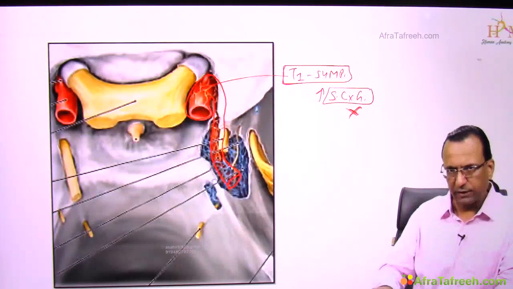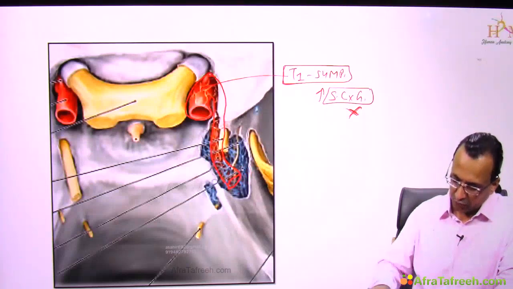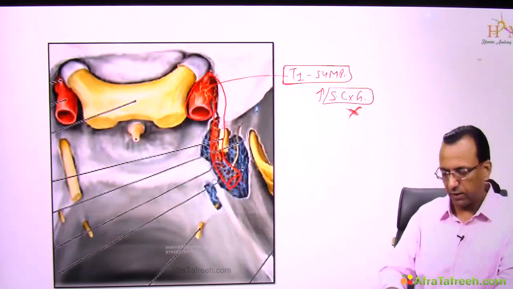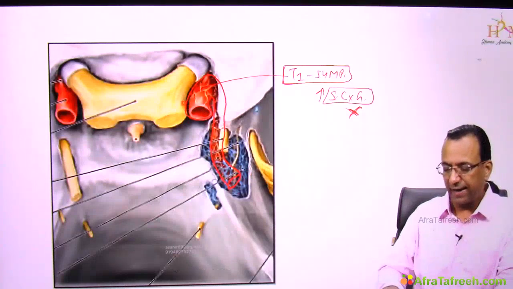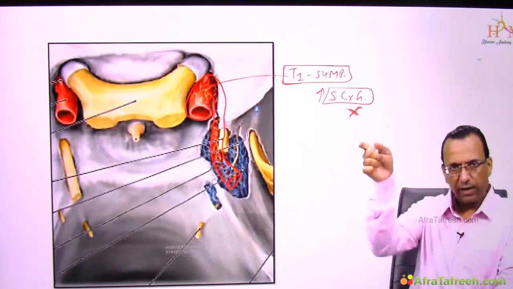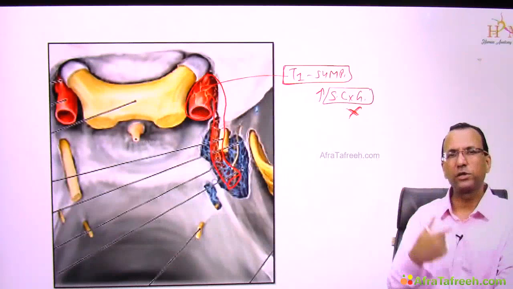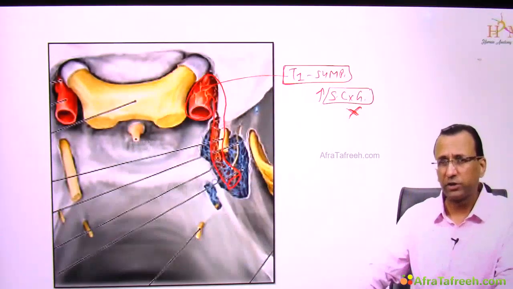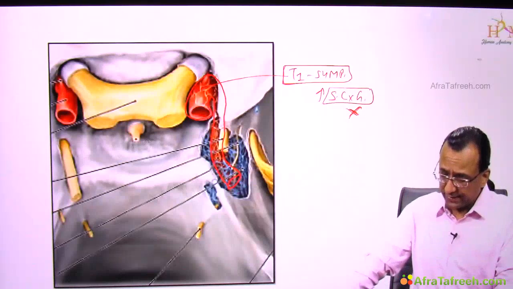So you are talking about contents of cavernous sinus. Yes, it is the internal carotid artery. First it is a content of cavernous sinus, then it will come into the cerebrum and give 5 branches. You know what are the 5 branches of internal carotid artery? Ophthalmic artery, anterior cerebral, middle cerebral, anterior choroidal and posterior communicating. 5 branches. Anyway, that is a different story. Here the story is which nerves are there.